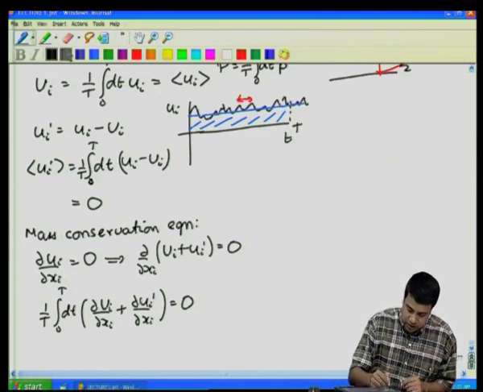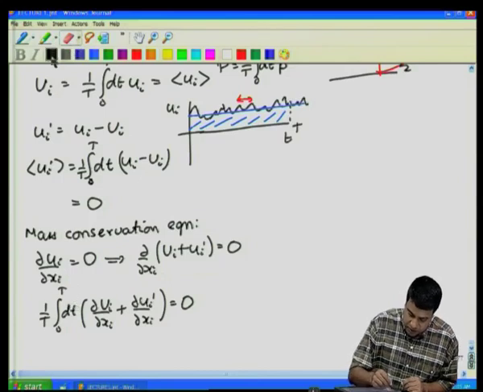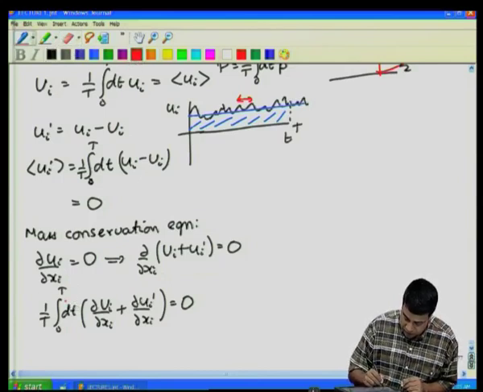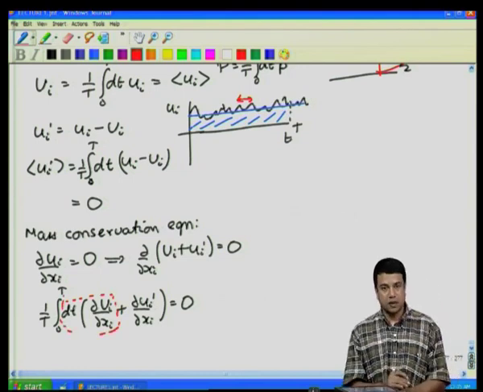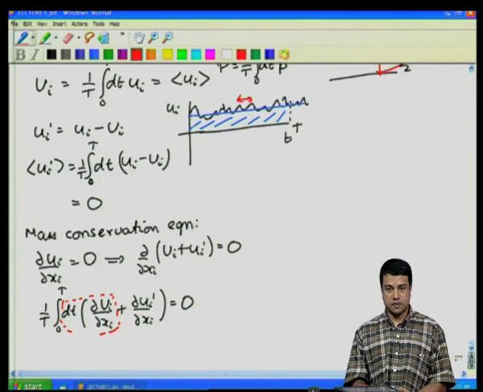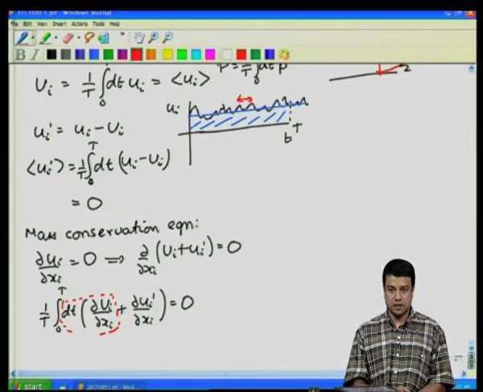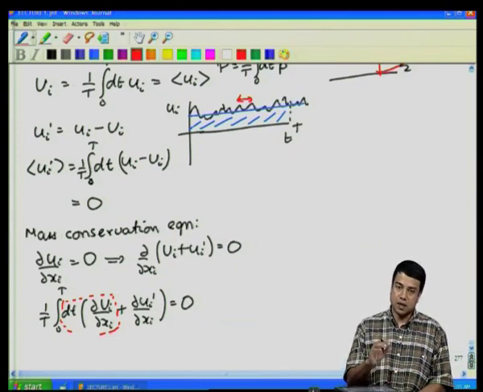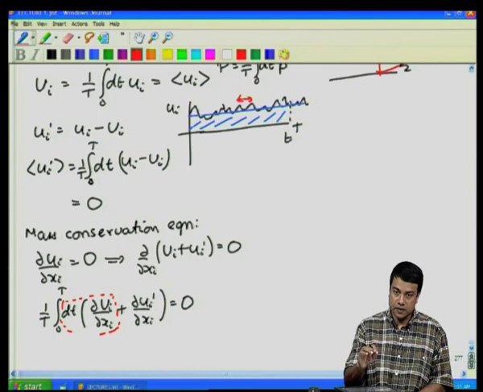In this particular case, the time and the spatial variations do commute. The integration over time and the differentiation over the spatial coordinates do commute. The reason is that time and position are independent coordinates. Because of that, I can interchange the order of differentiation and integration, because I am taking an integral over time at a given location and taking the difference between nearby locations.